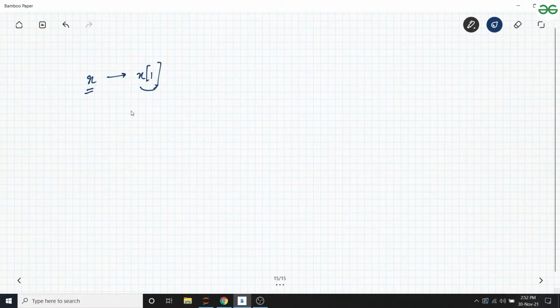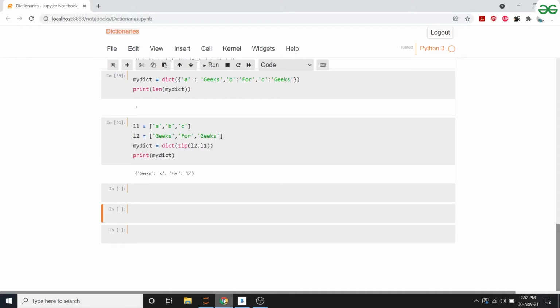Okay, fair enough. So now, as seen in the lambda function, we can write it as lambda x goes to x of 1, right? Let's just see here.